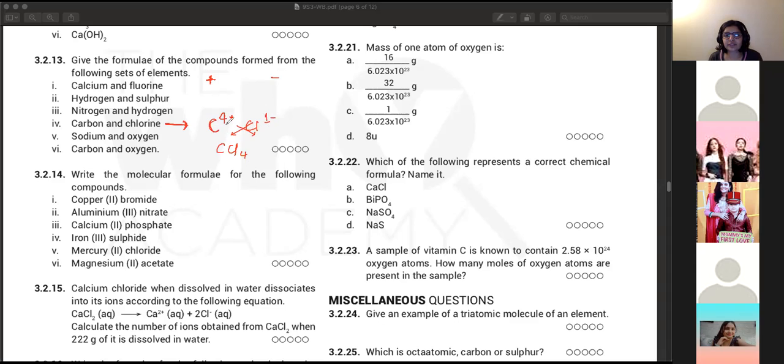Now between carbon and chlorine it is a covalent compound, like carbon has a tendency to form both plus and minus, so it's a little dicey, but in this context you can write plus, so that's not a problem. And this compound is usually called carbon tetrachloride because there are 4 chlorines. The official name is carbon tetrachloride. With one chlorine, like methyl chloride, ethyl chloride, but because there are 4 chlorines it's called tetrachloride.